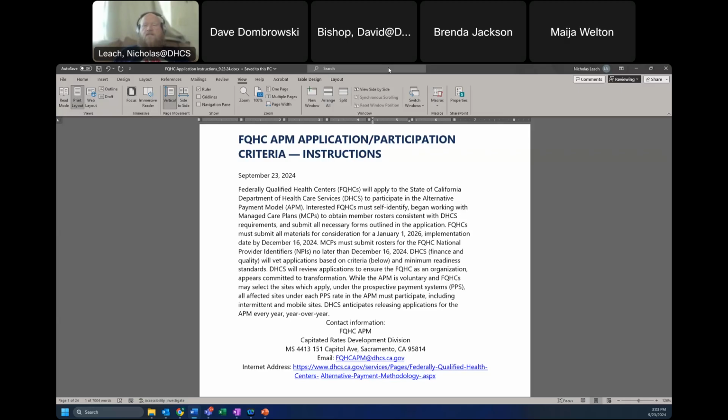In this case, calendar year 2026. And based on your current PPS rates and the estimated amount of utilization in that period, we would direct the managed care plans to pay the participating site a per member per month payment for each assigned member that would get roughly equivalent to what we would project a site would make under the PPS